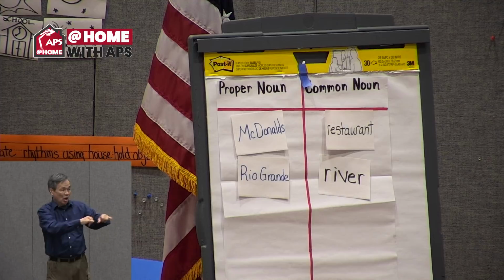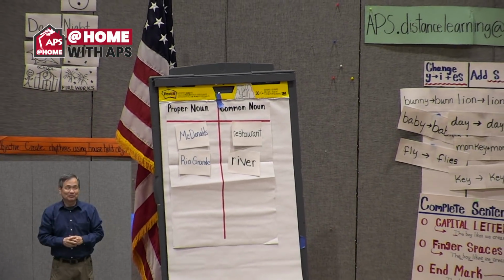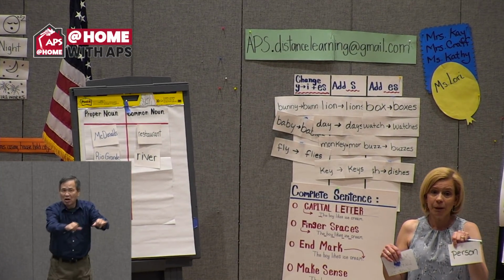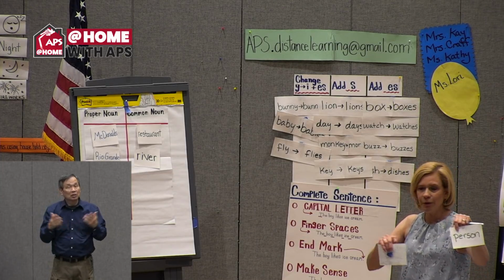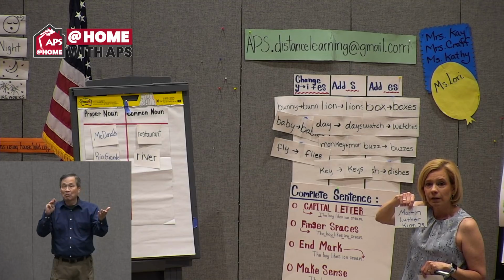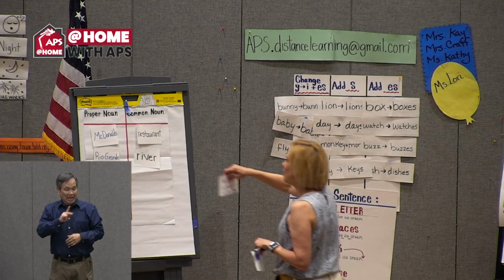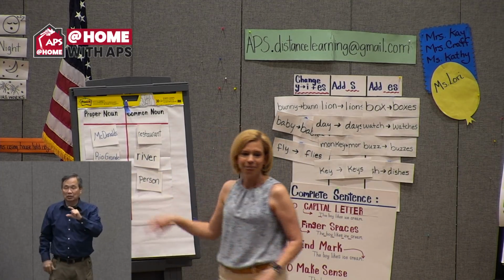You're doing so great. All right, let's try another one. What about the word person? That could apply to you, right? And me. We're all people. Remember our plural. Person, but what's the name of a person? What if I say Martin Luther King Jr.? I'm going to capitalize those letters, right? Because that's his name. So that becomes our proper noun.